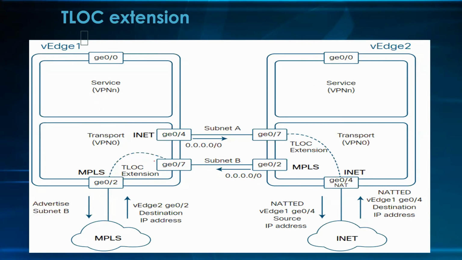So that means the TLOC we are using to segregate the private and public traffic from the VH, is it? No, TLOC is helping you extend the ISP from the one physical VH where it was terminated to the other VH. So if I have an ISP connected here only, I have only one ISP, which is the internet, right? So what I am doing with the TLOC extension is extending MPLS also on this one, and internet also on this one.